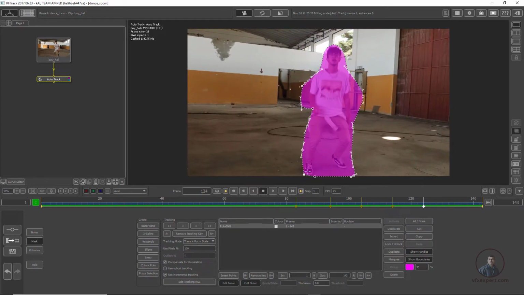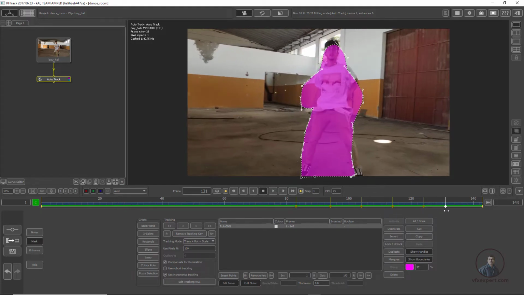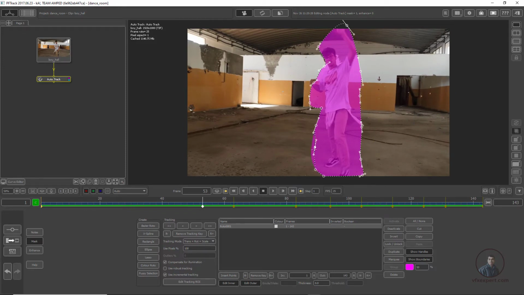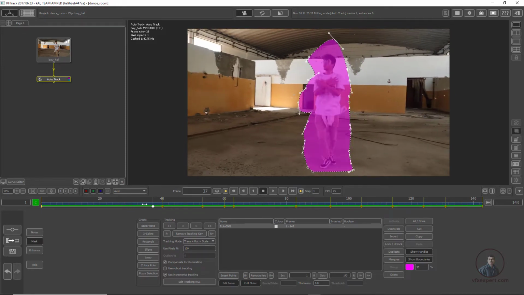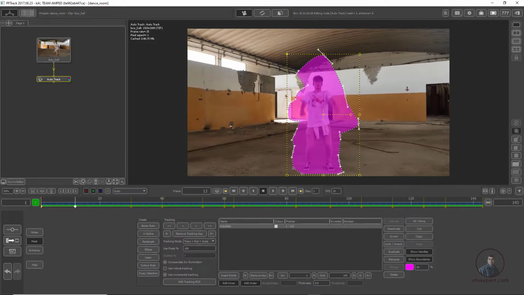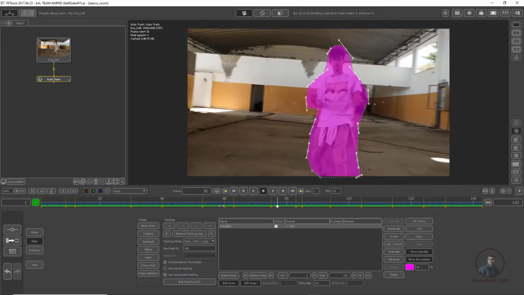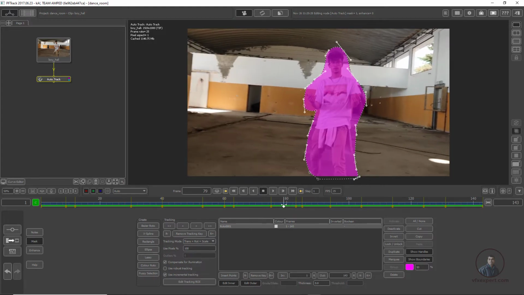So if you want to animate an individual point, then you can animate, then adjust all these things. Okay, so this totally depends on you. Just roughly you have to adjust it. I think this is sufficient for us.